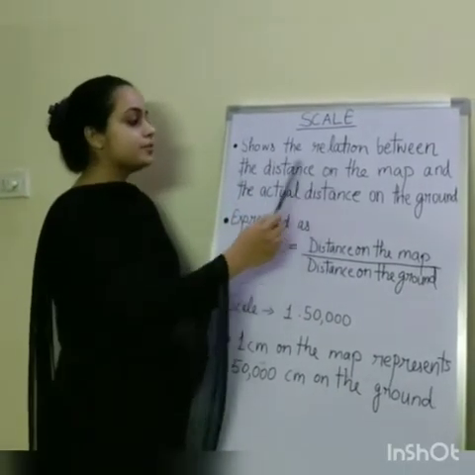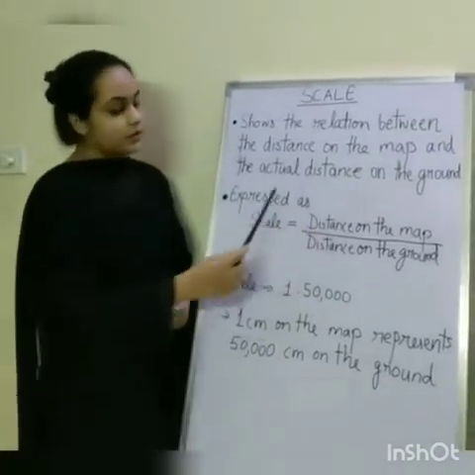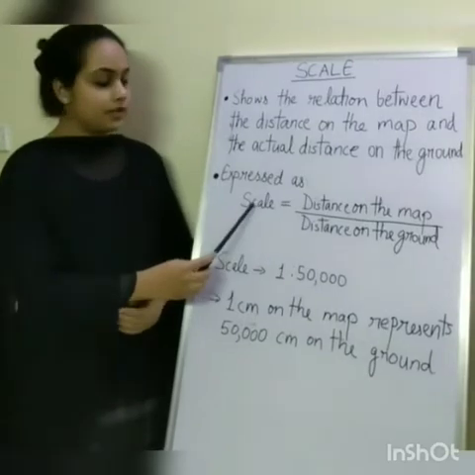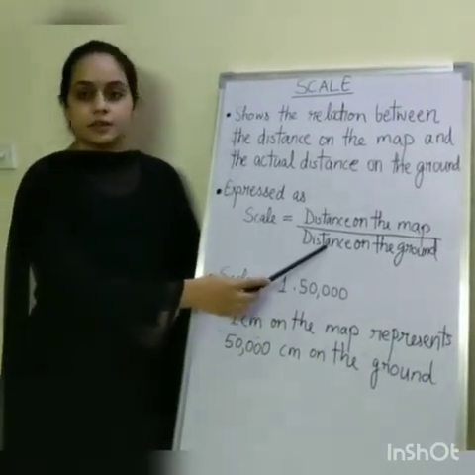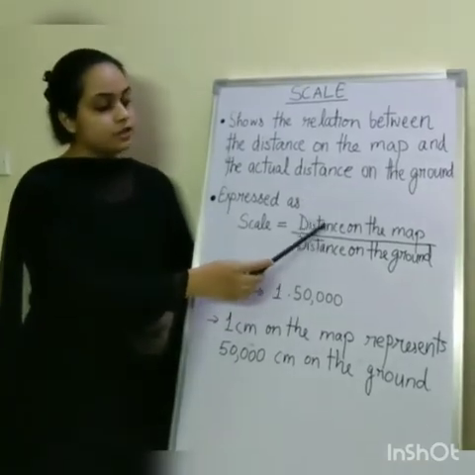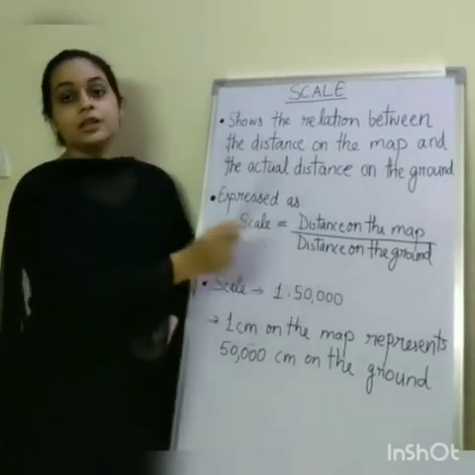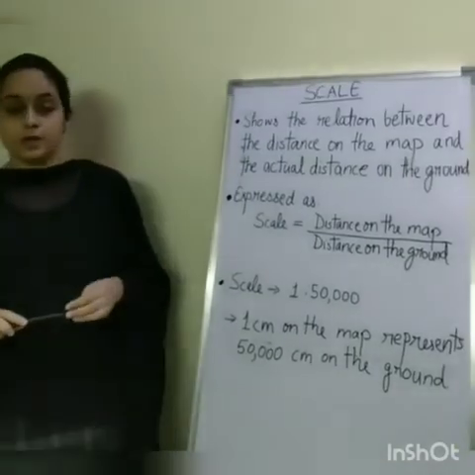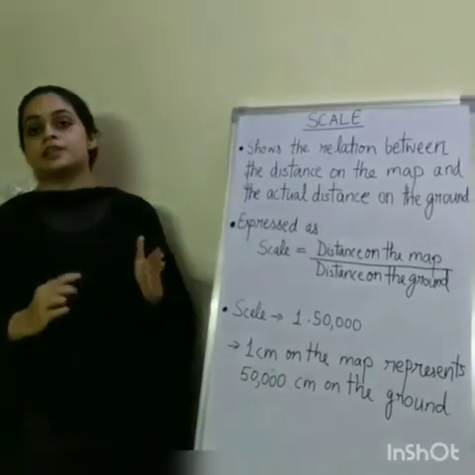Scale shows the relation between distance on the map and distance on the ground. So it is expressed with the help of this formula: scale is equal to distance on the map upon distance on the ground. So it is a ratio, or the relationship, between distance on the map and distance on the ground. Now one thing you have to remember is that ground distance here means the actual distance on the